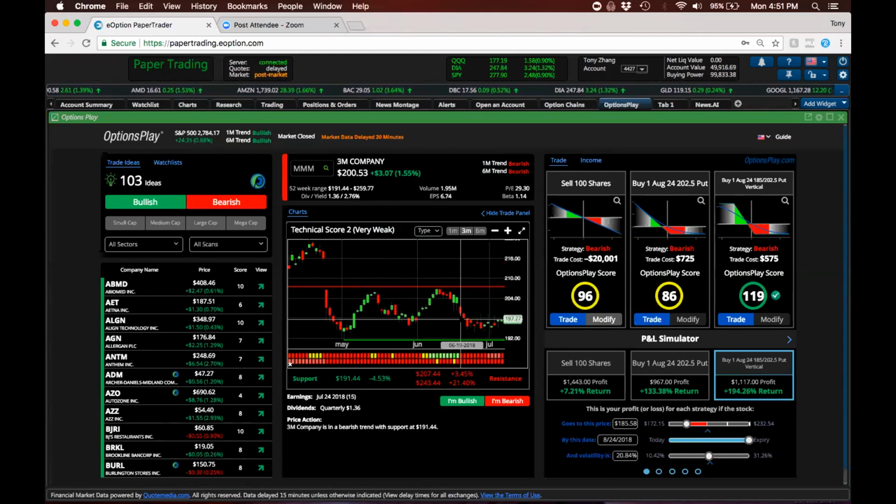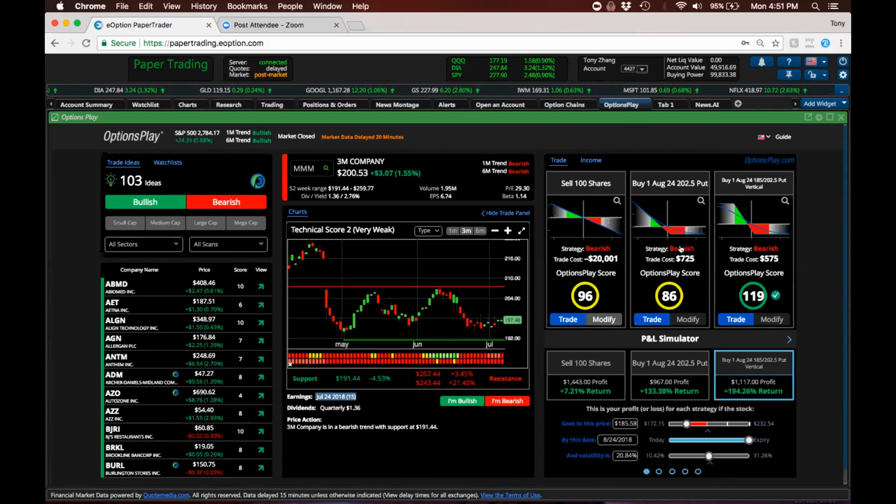Again, this is not by any means a solicitation to trade 3M. This is just for illustrative purposes to say, if you're bearish on 3M or if you think 3M is going to miss on earnings, here's how you can play this. So here I've selected bearish. 3M actually reports on the same day as Eli Lilly, July 24th, which is 15 days away. Here, you can short the stock if you don't trade options, which I don't necessarily recommend people do because you do have unlimited risk if 3M really takes off.